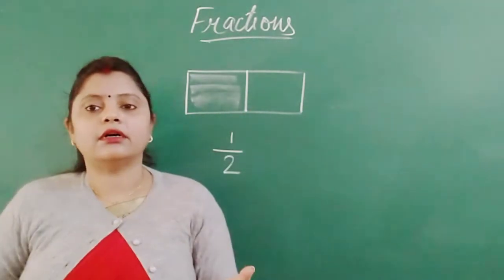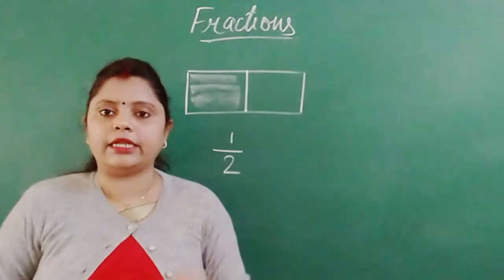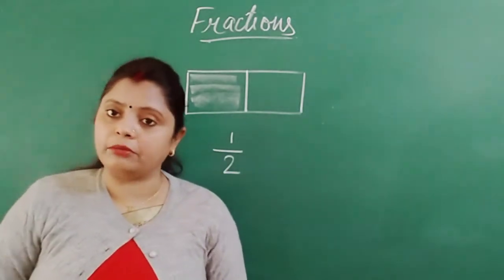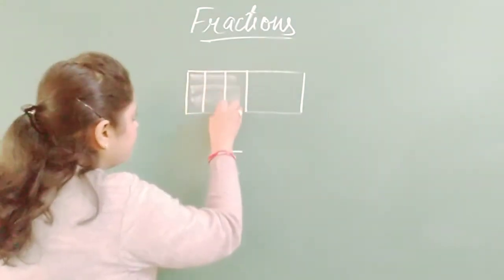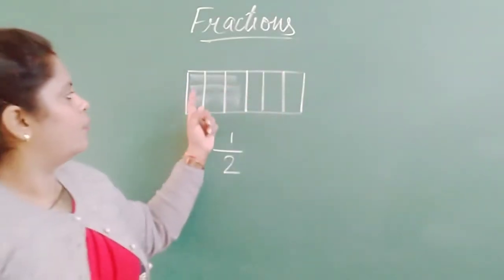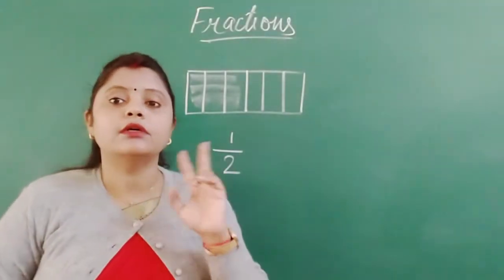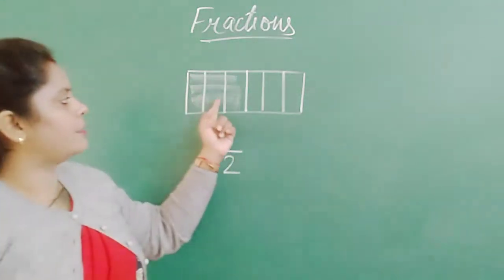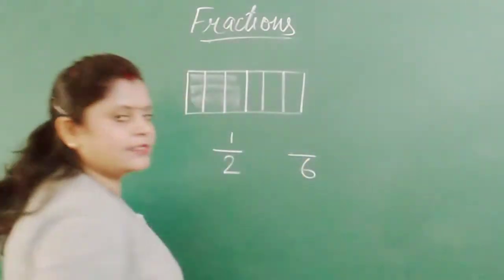The whole thing can be divided into a number of parts. It depends on the question, what type of question we are dealing with. Right now here we have divided the rectangle into two parts. More divisions are possible. For example, we can divide this one into 6 parts. Let's see. Now, you see here 1, 2, 3, 4, 5, 6. The whole rectangle is now divided into 6 parts, right? And from those 6 parts, 3 parts are shaded. So the total number of parts is 6 now.